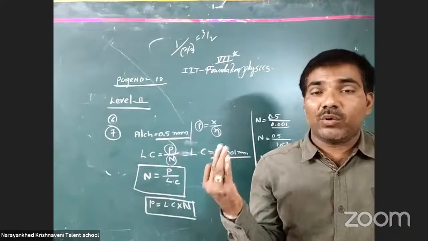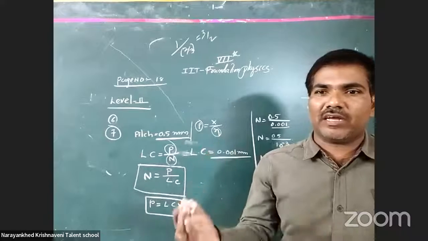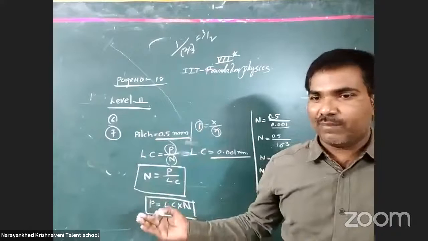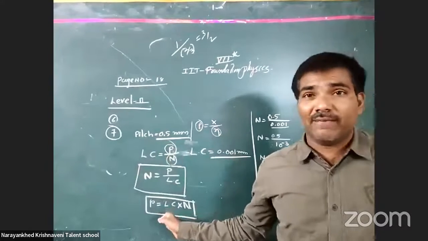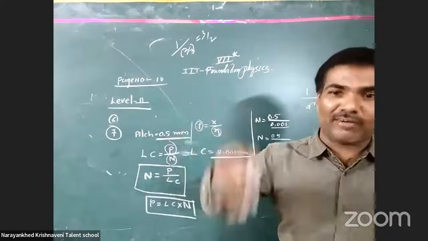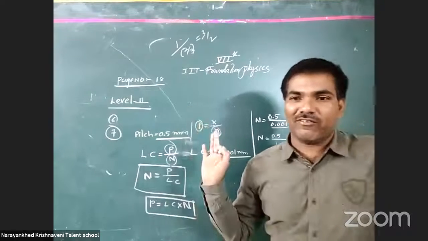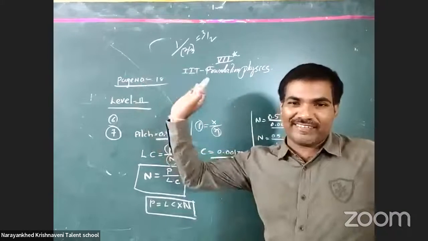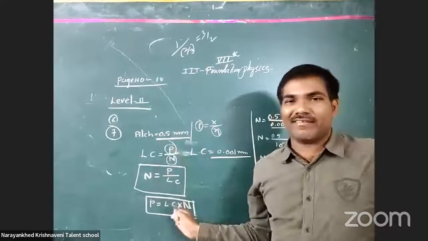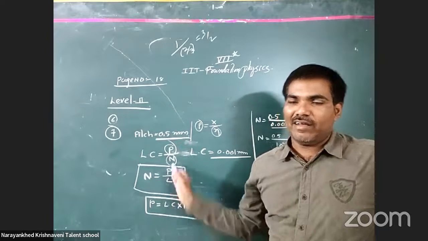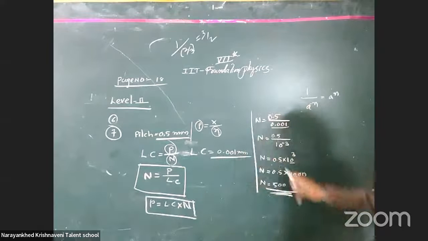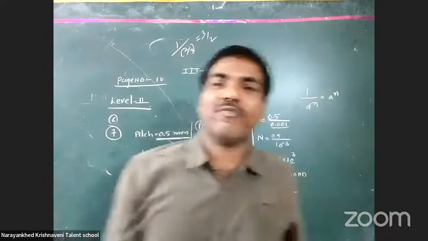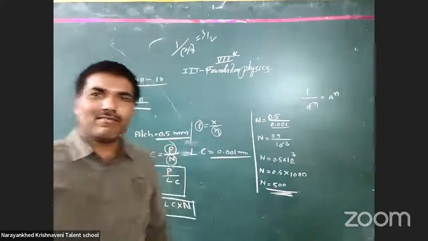Clear or not? You have a lot of time, 7th class students, for your IIT purpose. Whatever the goal of your IIT is, a lot of time is there. When you make formulas like this, there may be thousands of formulas written by you. You prepare one book also. You become an author of a book of formulas of physics. Once you write it, this whatever the solution is there. No much time is there for us. Please maintain a fast manner. Okay, clear or not?